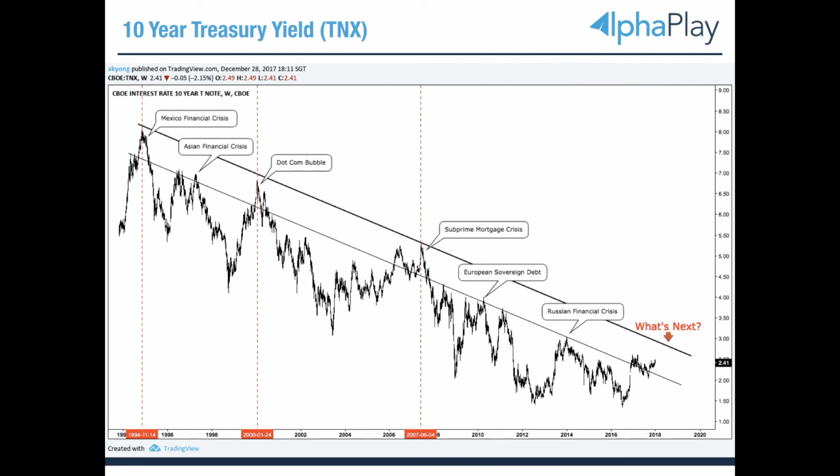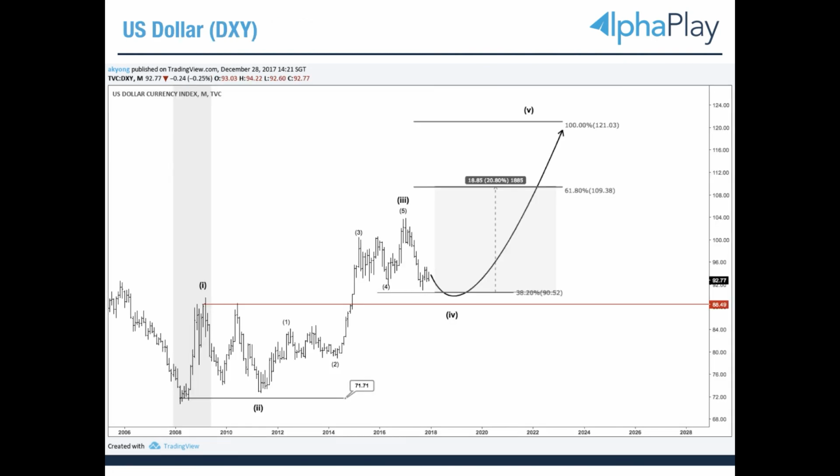But based on this, it might be bigger than your subprime mortgage. So this is one potential indicator that we can follow through. When that happens, the details are all in the report. Dollar will be the safe haven play for currency. Potentially that can bring the dollar index all the way to 121. Of course, the first target here is 110 lah. It's not a huge one, but you can see this is a 20% move if that happened.